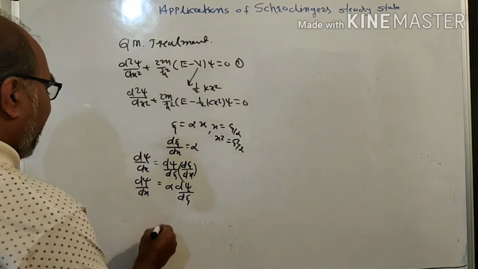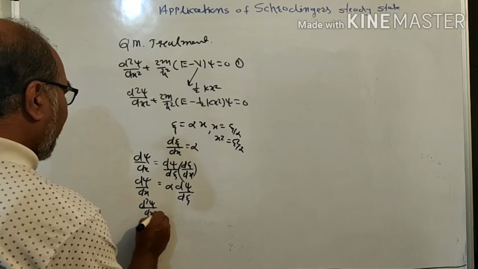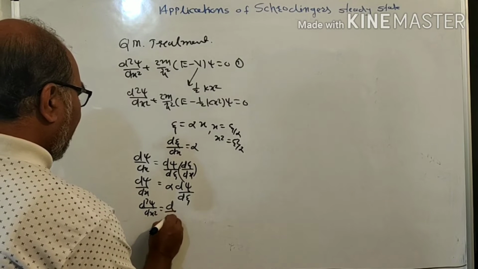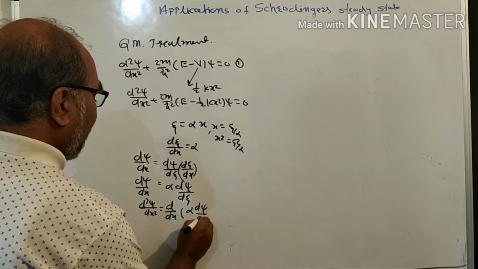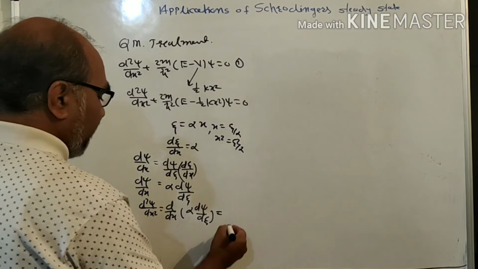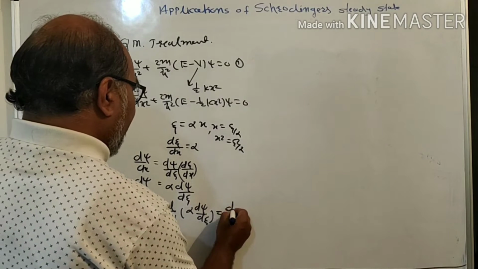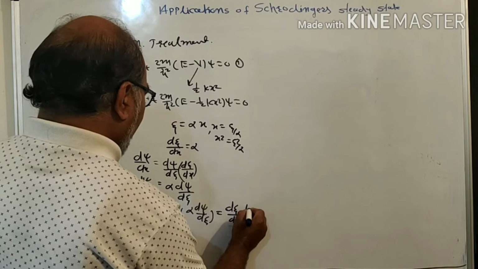Now again d²ψ/dx² = d/dx of (α dψ/dζ), so this can be solved as dζ/dx times